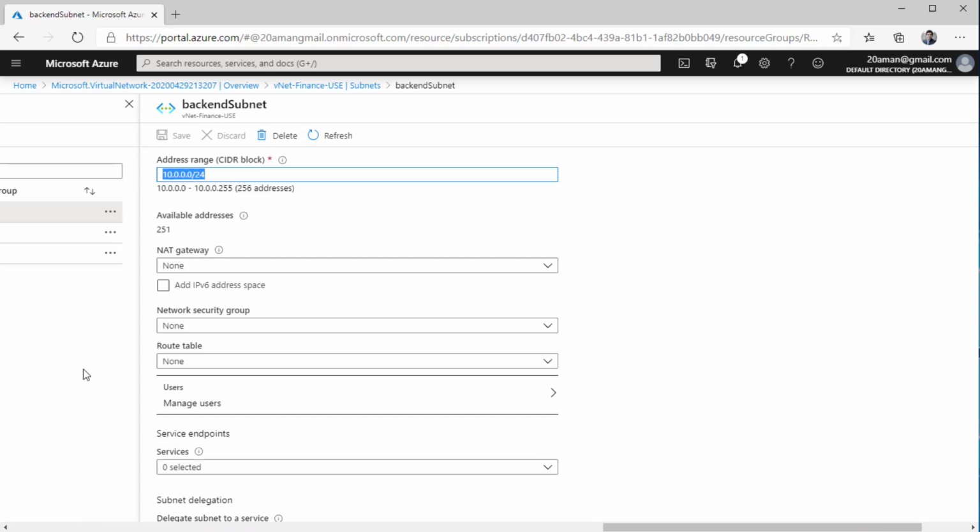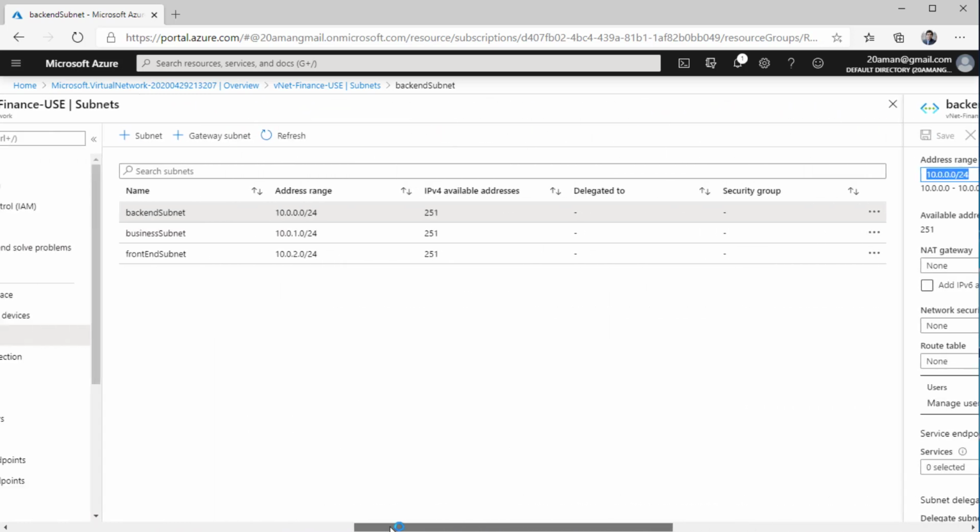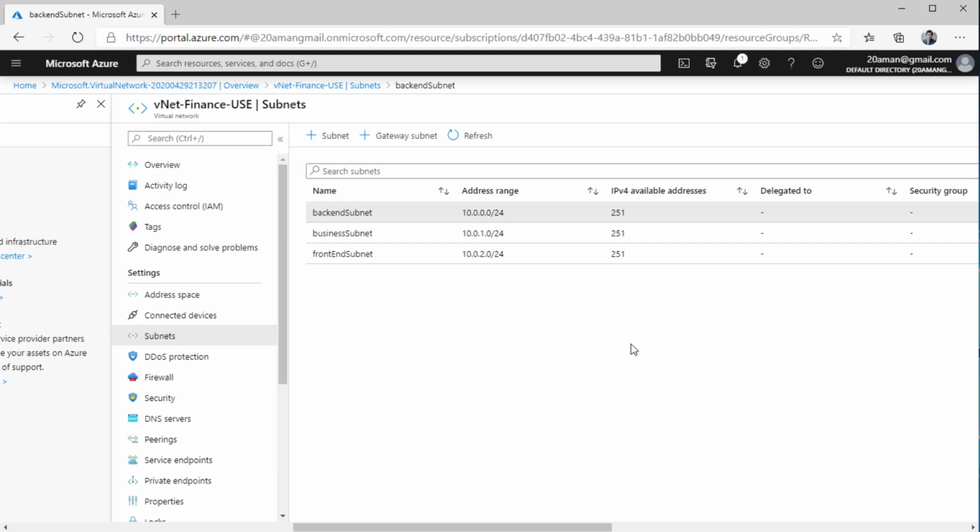After that, for any other addresses, you will be able to create resources and assign an IP address from all those available addresses. So once we start creating new resources, these numbers will change. These numbers will reflect exactly the number of IP addresses that will be available in each of these subnets.